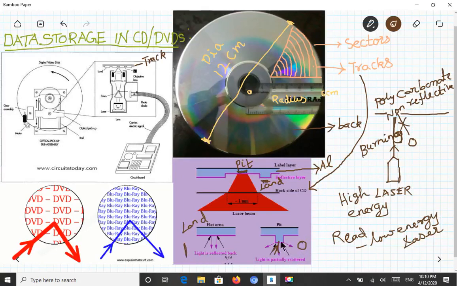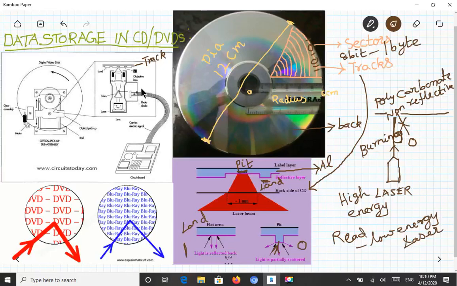In this way, a 1s and 0s pattern is generated continuously in these tracks. So 1 0 1 0 or 1 1, like that, the tracks will be recorded with bits. We call each one a bit. 1 is a bit, 0 is a bit, and you know that 8 bits is equal to 1 byte, that you all know. So this is the way of reading and recording.